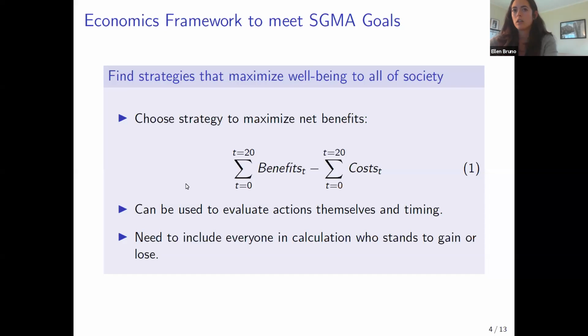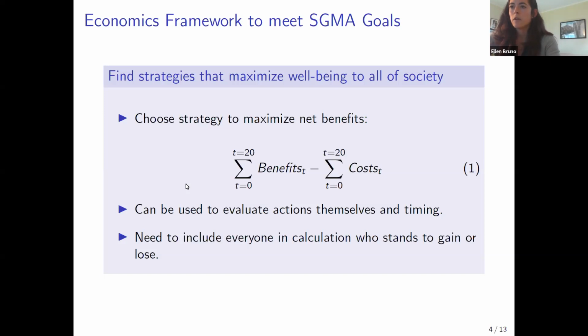And the objective is to try to find the management strategies that meet these sigma requirements while making everyone and everything that depends on groundwater as well off as possible. What I'm calling maximizing the well-being of society. We're framing the problem by saying, let's choose a management strategy to maximize the net benefits, that is the benefits minus the costs, over the time horizon, which in this case is this 20-year time horizon to reach sustainability.